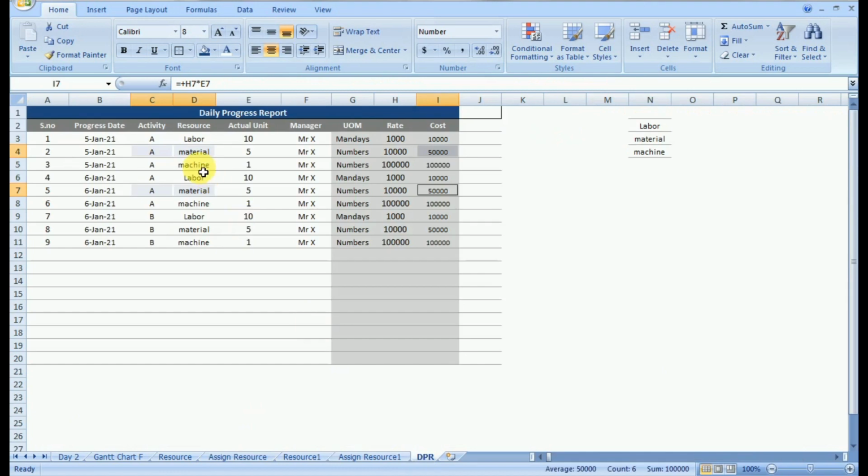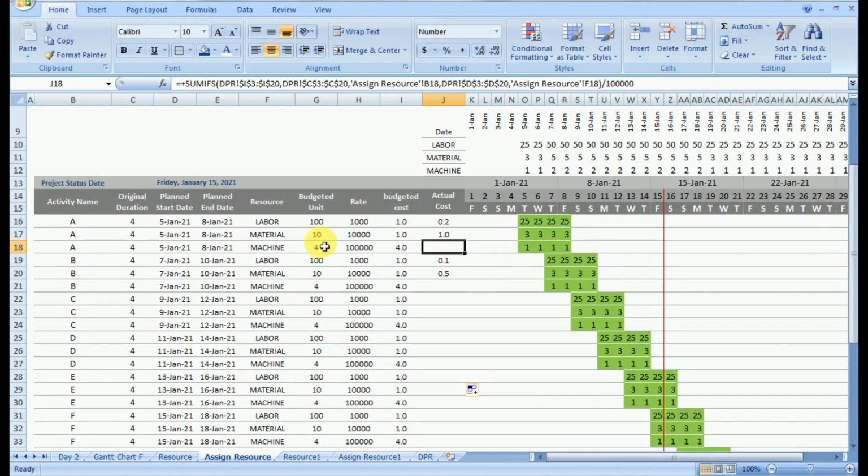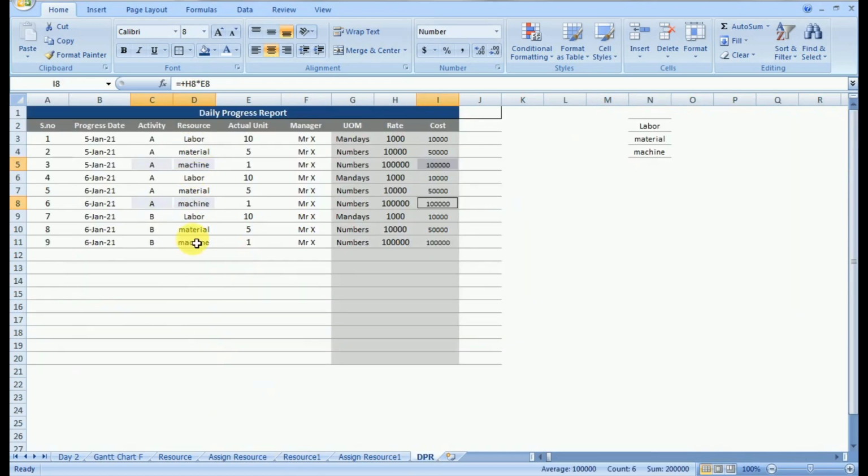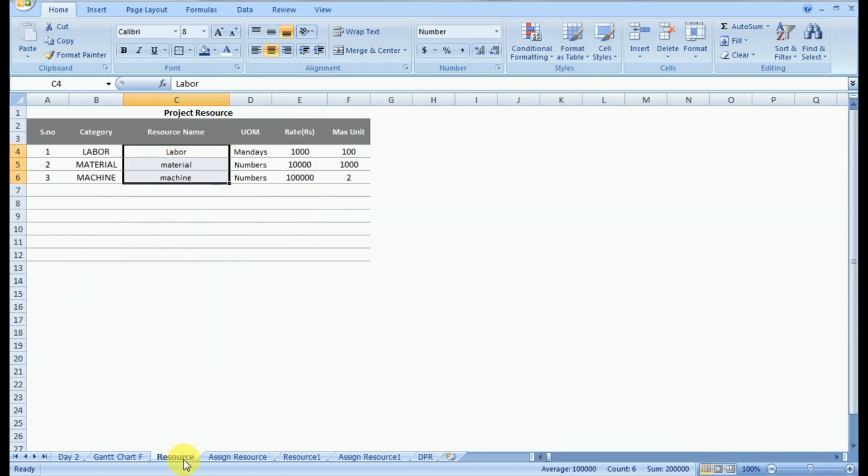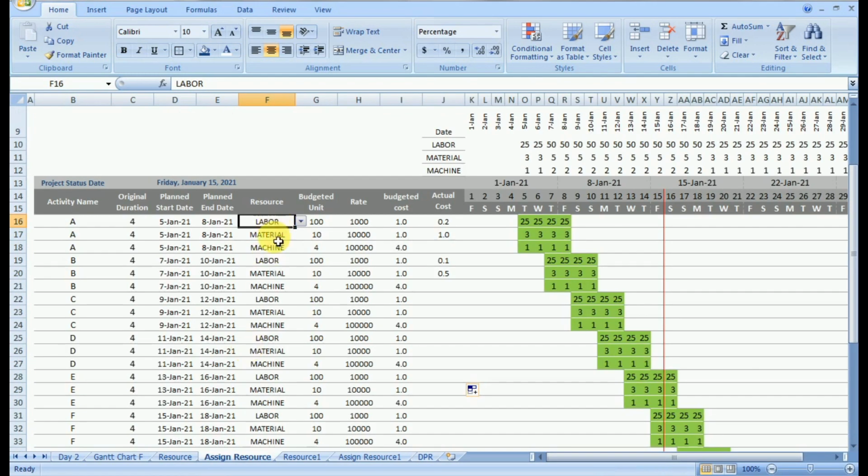Now you can see that it's not giving the answer for the machine type of resource. The reason that could be possible for this is that we are not using the same data format or text format in all the areas. We need to ensure our text format wherever we have written machine should be the same. If it is slightly changed, suppose there is a slight change in capital letter and small letter, or maybe a slight change in the spelling, or maybe a slight change in the space, then the output will not be obtained.